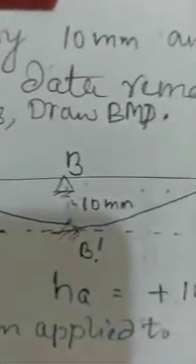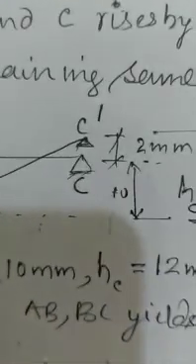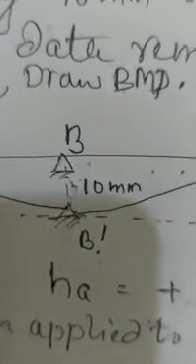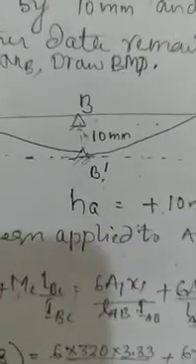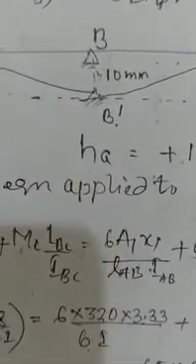So you need to analyze the beam, assuming all other data remains the same as in the previous problem. You have to find the support moment at B, MB and draw the BMD. The question is same as before. Only thing is the way the support sinking takes place is different. Here B sinks by 10 mm, C rises by 2 mm.